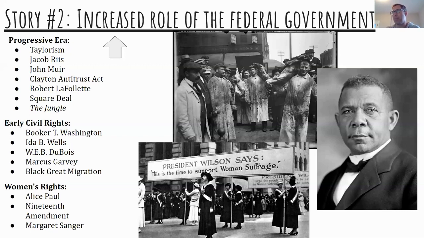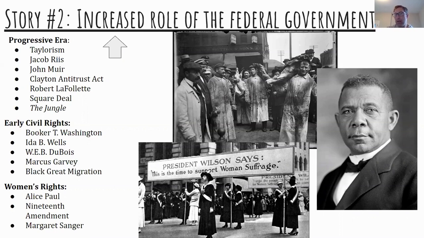We see that with, for example, Jacob Riis and Upton Sinclair, journalists who are identifying some of these problems and letting the public know what's happening and some of the side effects from period 6. And then you've got the progressives, people like Robert La Follette in Wisconsin, and then Teddy Roosevelt, who becomes president, coming in and proposing solutions to these issues. Teddy Roosevelt's solution, for example, is the Square Deal. And the Square Deal emphasizes 3 C's, which is consumer protection, regulation of corporations, and finally, conservation.